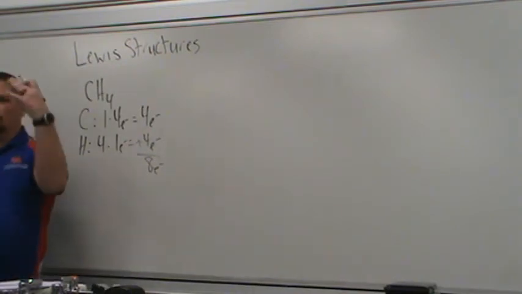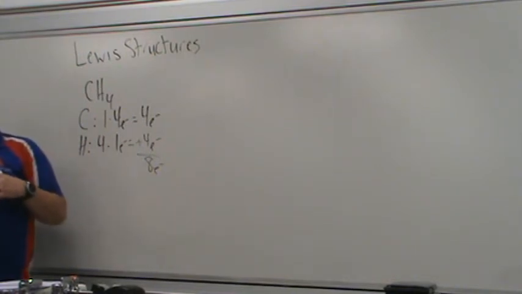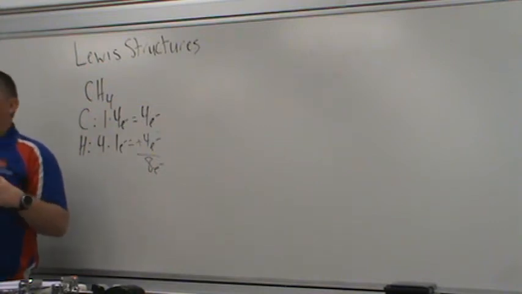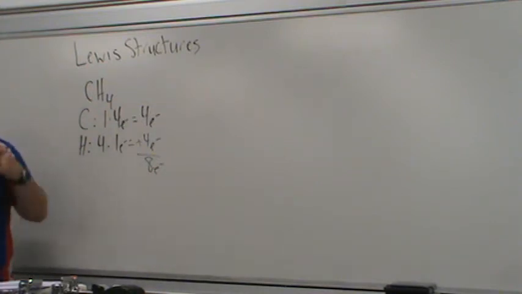First way is the way I was kind of taught in college. It's a little bit cleaner than the other routes. And as we progress and we get into a little bit bigger molecules, you'll see why. Okay? So after we figure out how many valence electrons we're working with total in the compound, the next step